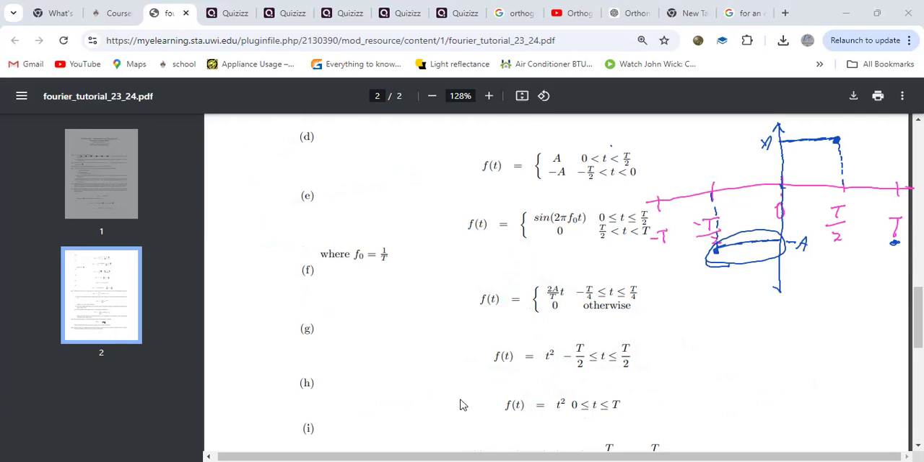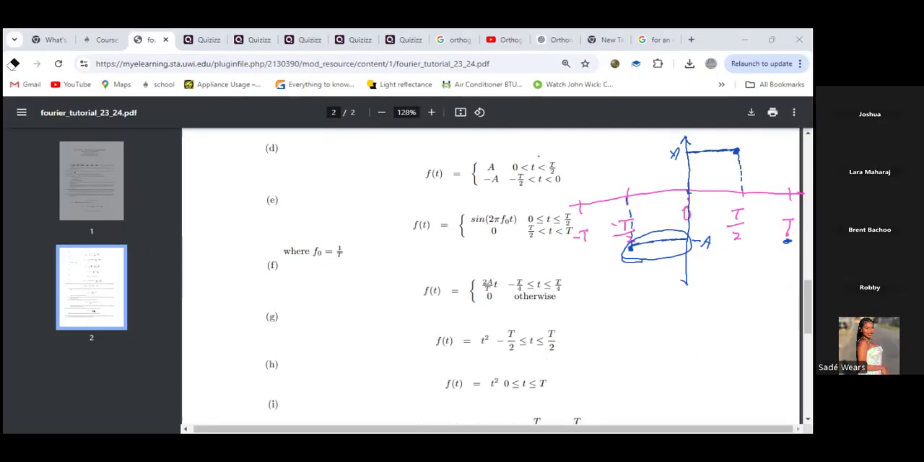So it doesn't really matter what value you give it. It's still going to be a periodic function. It shouldn't really matter. Anyway,